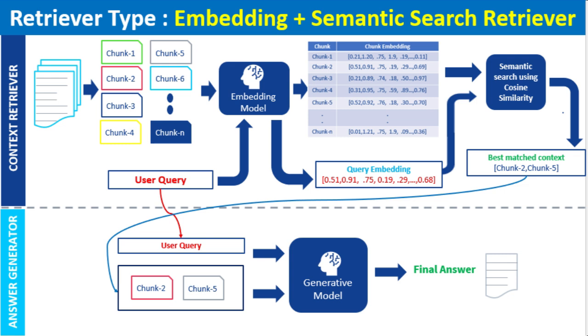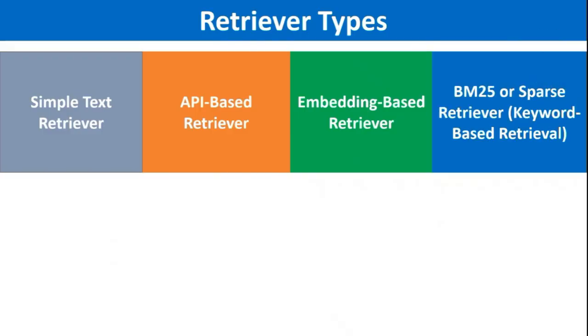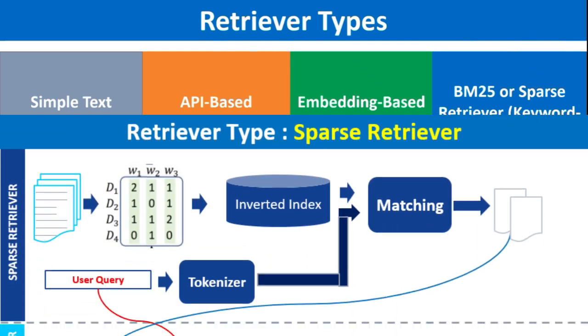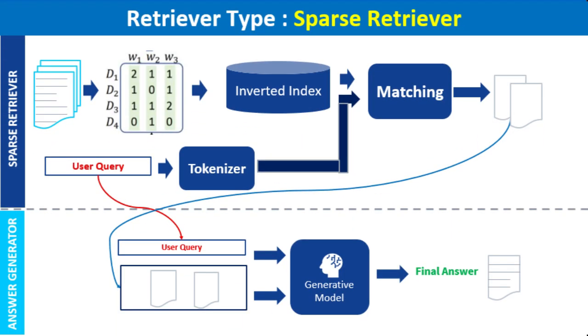For example, it can extract the most relevant passages from a research paper in response to a user's query about a specific topic. There is another retriever type, which is BM25 or sparse retriever. When working with small data sets or queries which are focused on keywords, a BM25 or sparse retriever is a lightweight and fast option. This retriever uses algorithms that rely on keyword relevance to fetch results. So for example, if a user searches for a keyword like return policy, the BM25 retriever can quickly match the